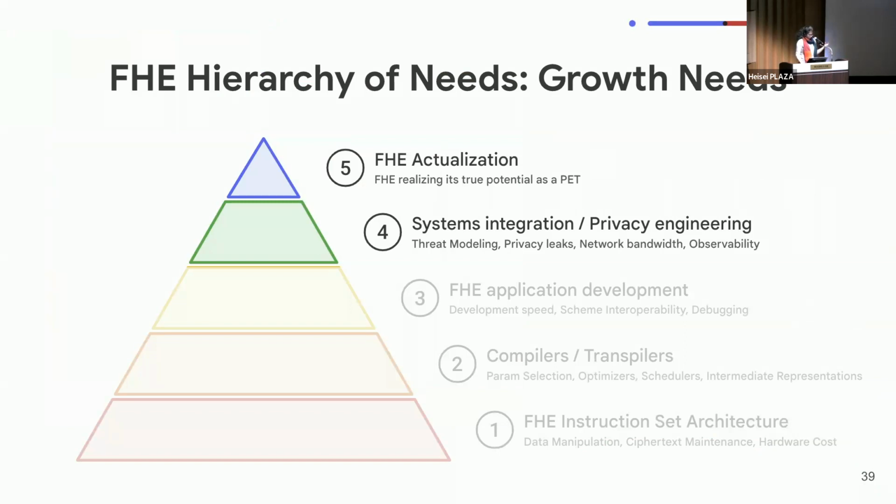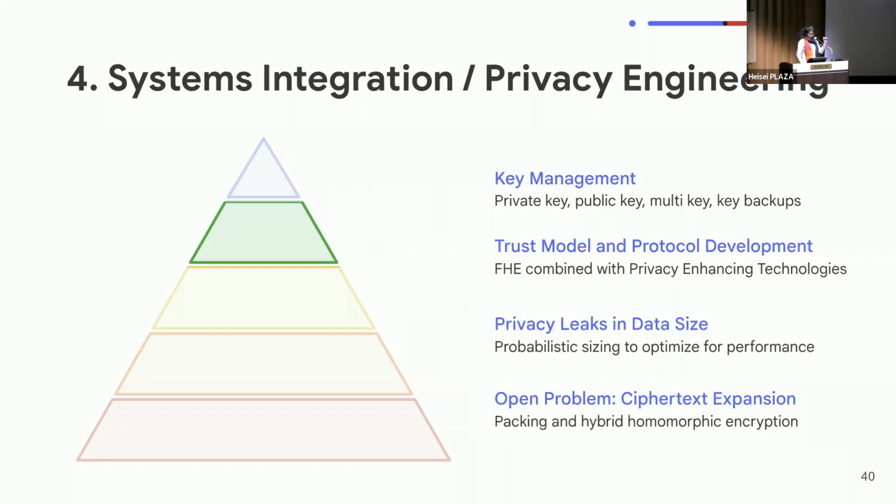And here is where threat model, privacy leaks, network bandwidth, and something that we don't think about, observability, come in. As you think about deploying a large-scale application, end-to-end encrypted, how would you log any metrics? How would you know if something goes wrong in a large-scale system? So layer 4,